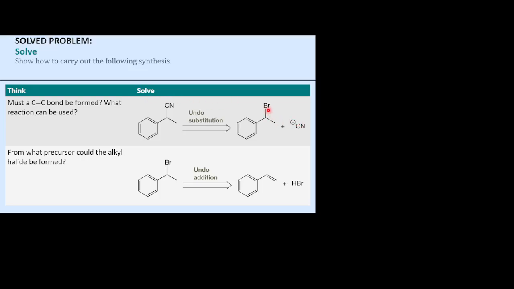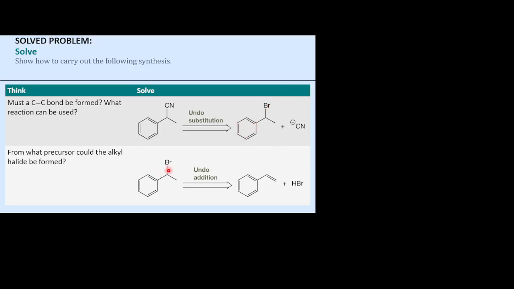And it is nice if you're going to have a bromide or a chloride that you maintain bromide and chloride so you don't have all these different halides everywhere and screw things up, get chloride on there by accident. But bromide's just a very good leaving group, right? And so we have our undo substitution that would leave us with this right here. That would have been our intermediate that we may have purified and left for a day or two, and we came back to it, right?